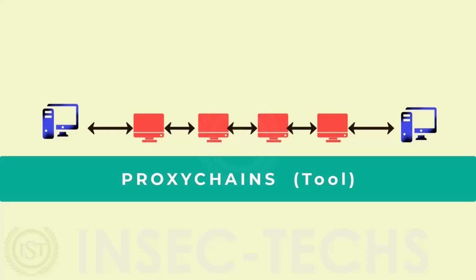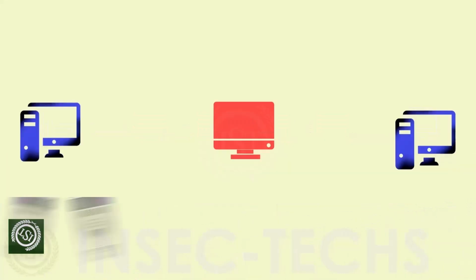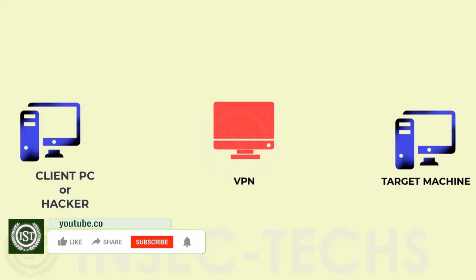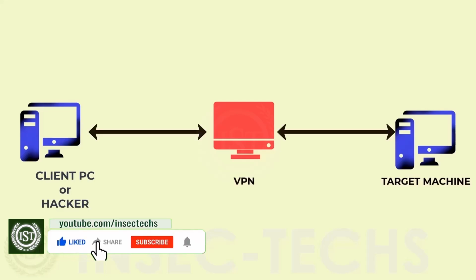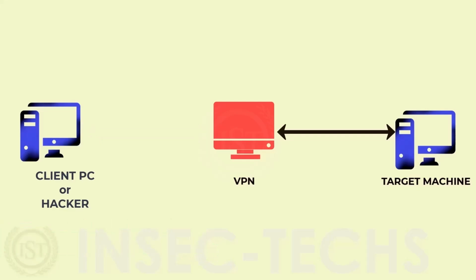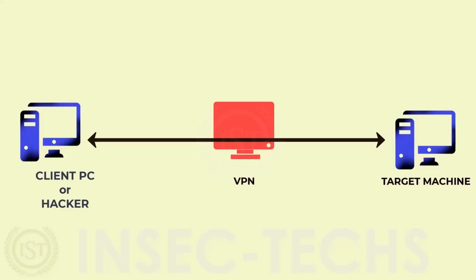If you use free VPNs for anonymity, such VPNs are not reliable, and also you don't know that they could be rogue VPNs. If you perform any hacking activity or penetration testing activity by using such VPNs, the target system or target network or target company's server which you have probed will know the IP of the VPN, correct? And if such a company approaches that VPN company, they may reveal your identity. Thus, it's not reliable or recommended. Personally, I don't recommend it. And even if you pay for a VPN service, what if such VPN service does not maintain a no-log policy? Even in such scenarios, you are at risk, right?